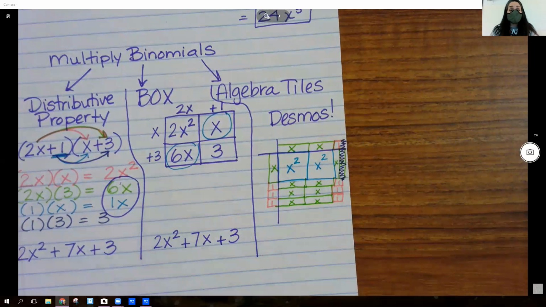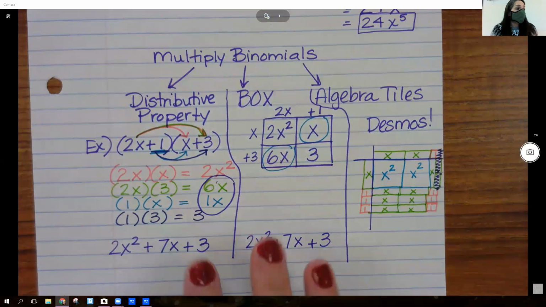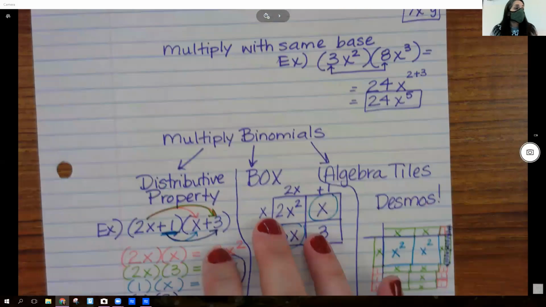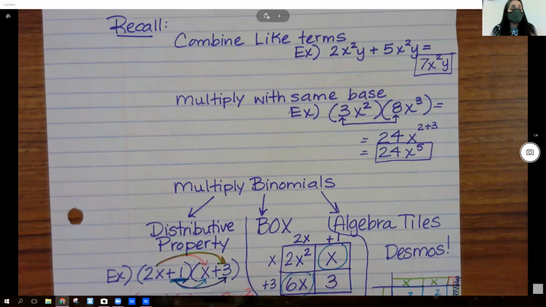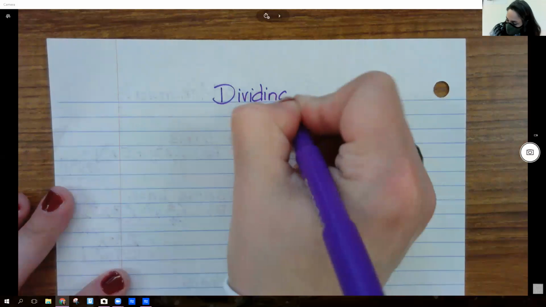So that's what we've learned so far. This is all so far Unit 6. And so we've done a lot of multiplying, lots and lots of multiplying, and a little bit of combining like terms. Okay, so today we're going to switch gears and we're not going to multiply anymore. We're going to do the inverse of that and divide. And this is where today's lesson comes from. So if we are dividing monomials,